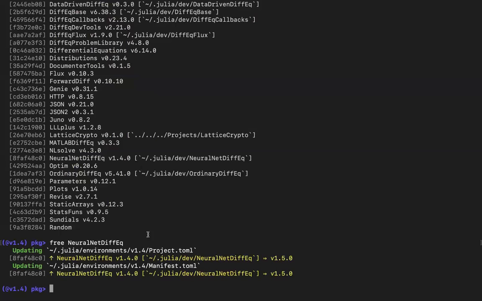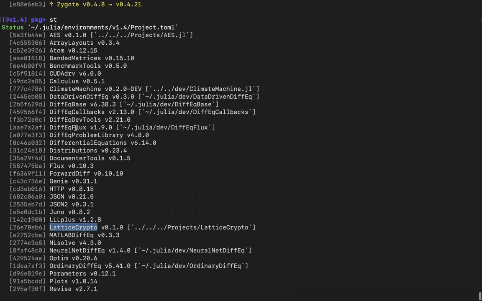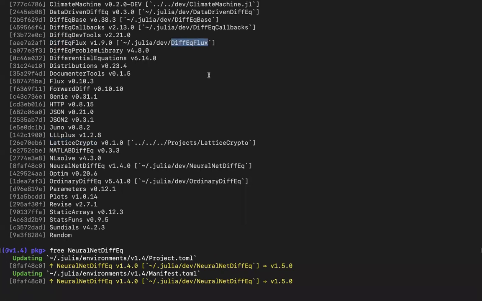This was the latest, so it was not stopping any particular package from doing anything bad. This is my personal project, and it only had one dependency, called static array, so this won't make any problem for me. So I won't free this package up. The problematic package would be this defect flux package, because it has lots of dependencies, and I have installed it as a developed dependency. If I am not developing it anymore, it's probably a good idea to free it up.